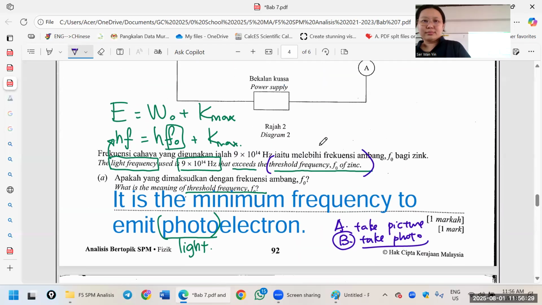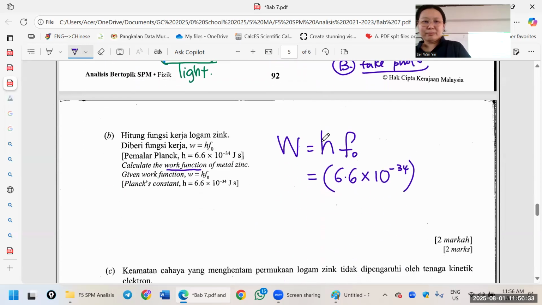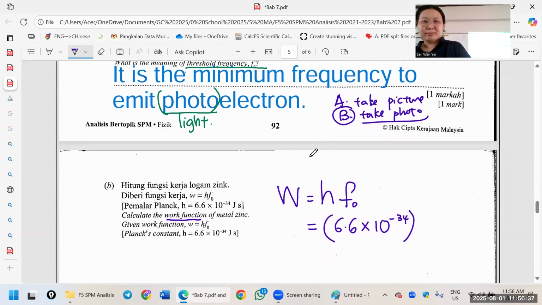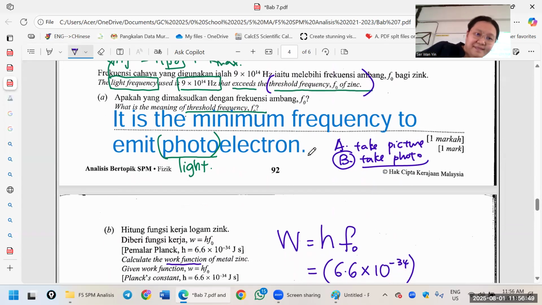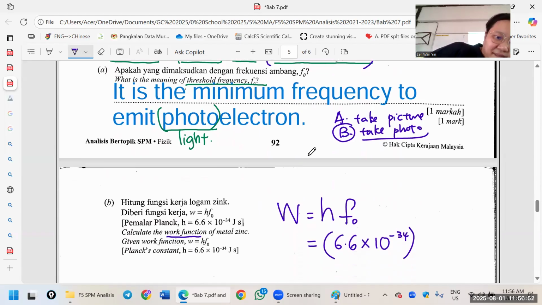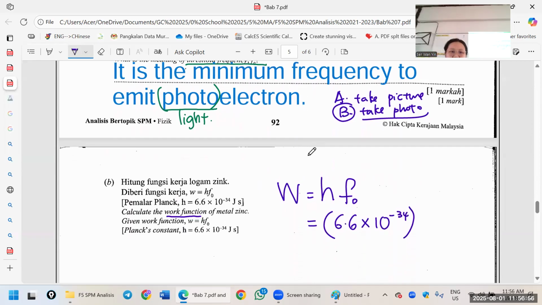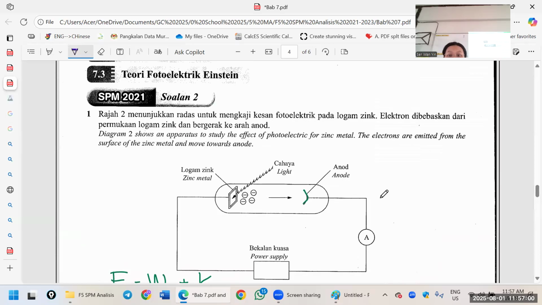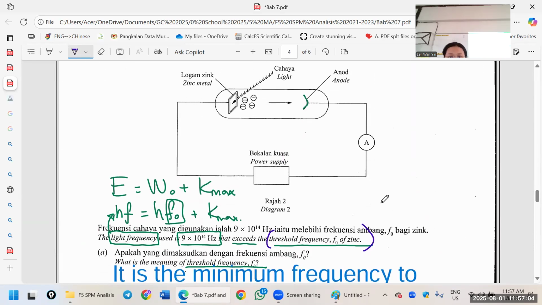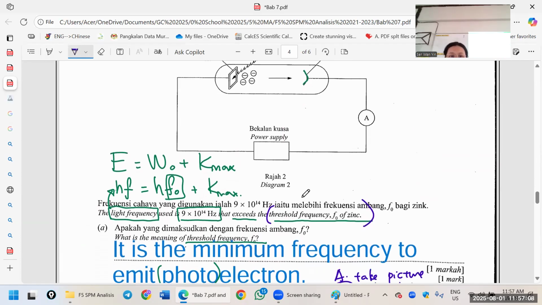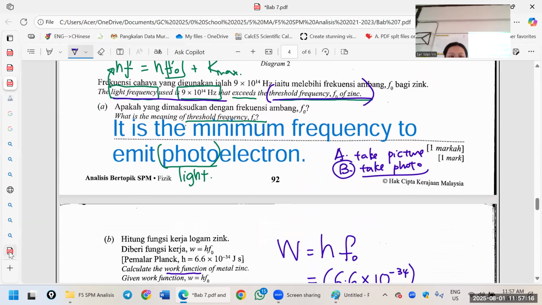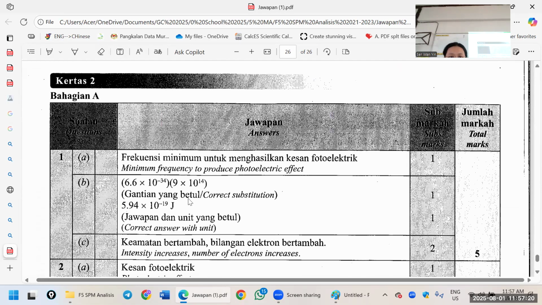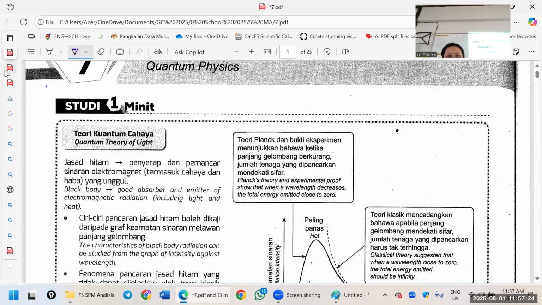Threshold frequency. 诶，没有给哦，对不起。他真的没有给 F naught。